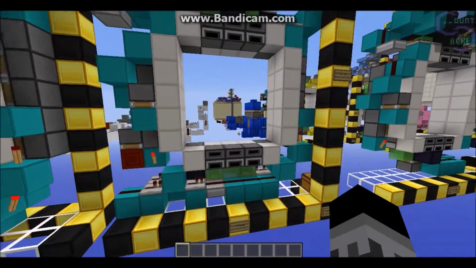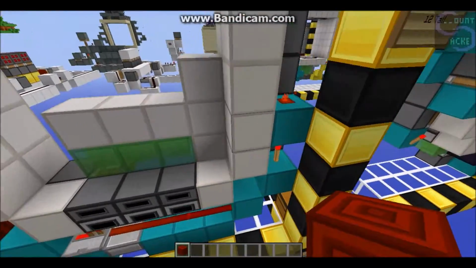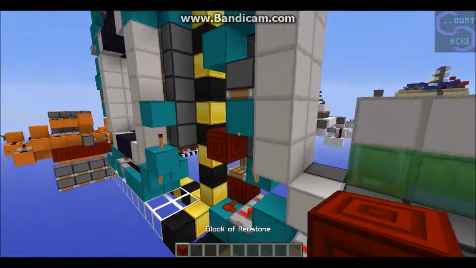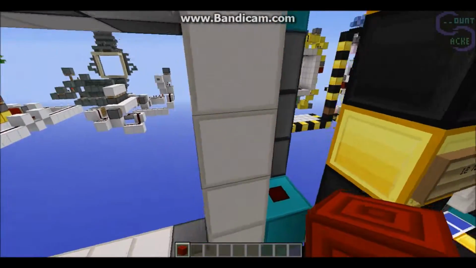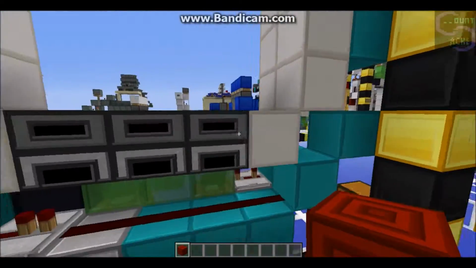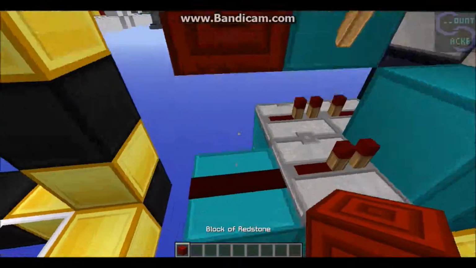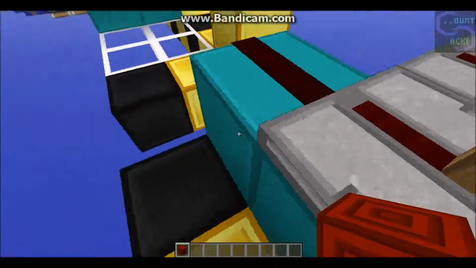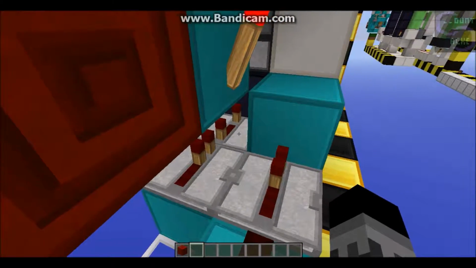Now the bottom. This one is a little confusing, I can admit. This is what my idea was. I just came up with the idea that the bottom would have to be extended, that the rest of this side would have to be extended from the bottom. So once this redstone block goes here, it powers all this redstone and the repeaters. But since this one has more delay than